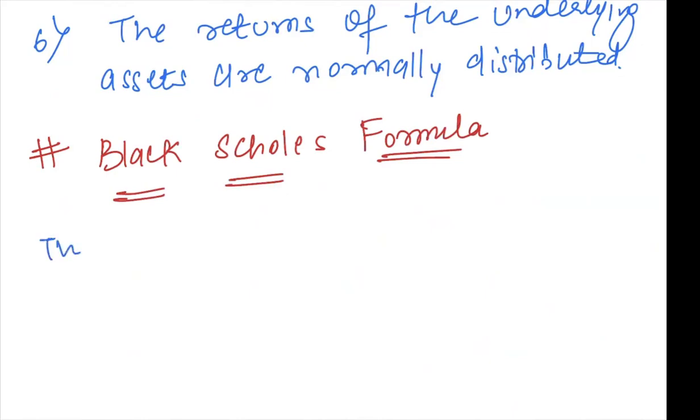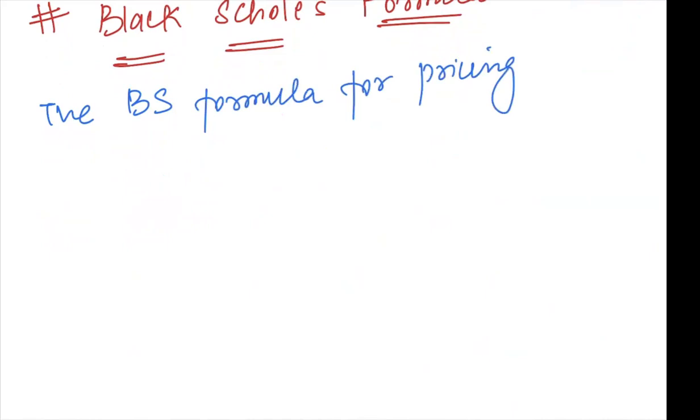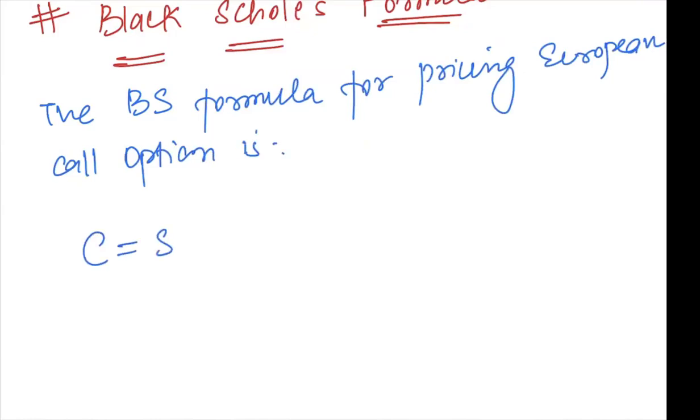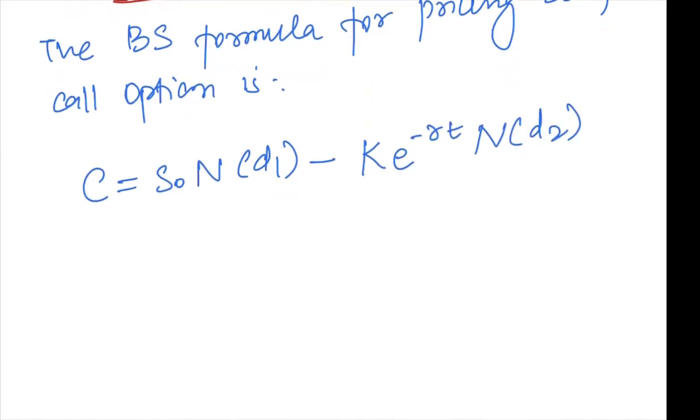So the Black-Scholes formula for pricing a European call option is C equals S0 N(d1) minus K e^(-rT) N(d2), where, so this is the formula for a call option,